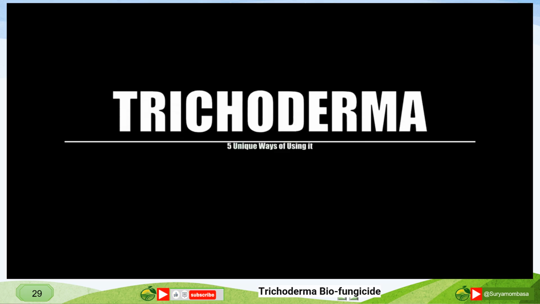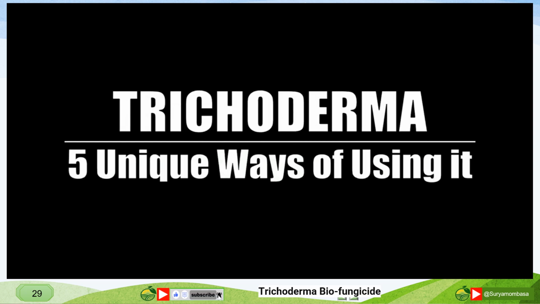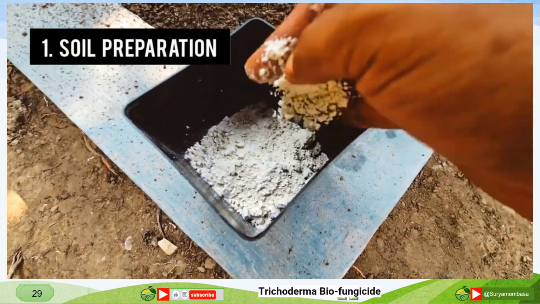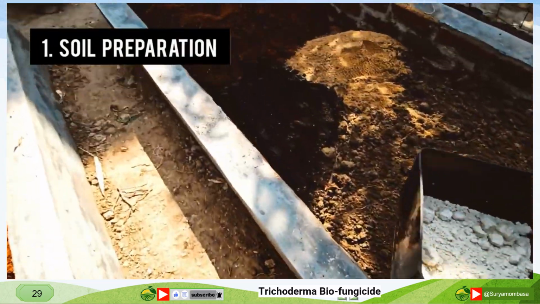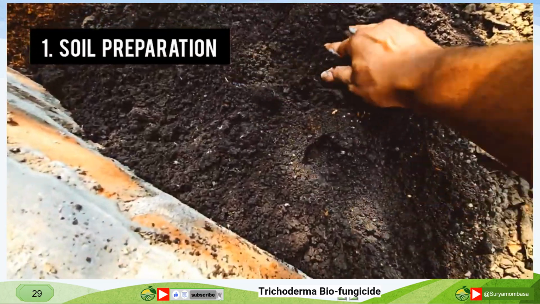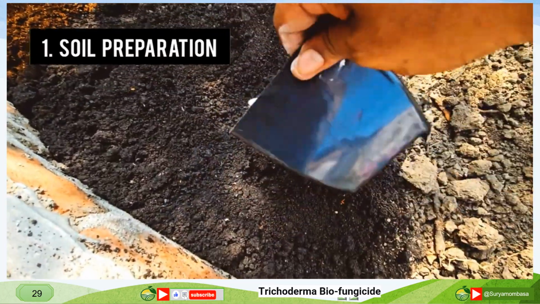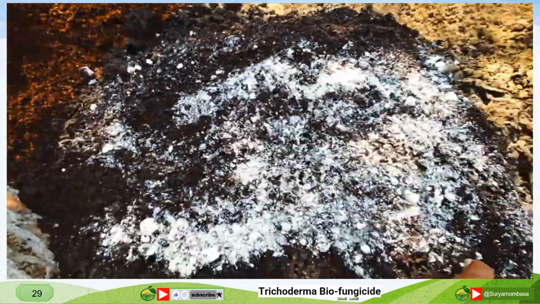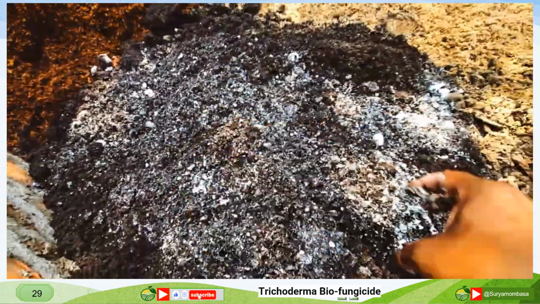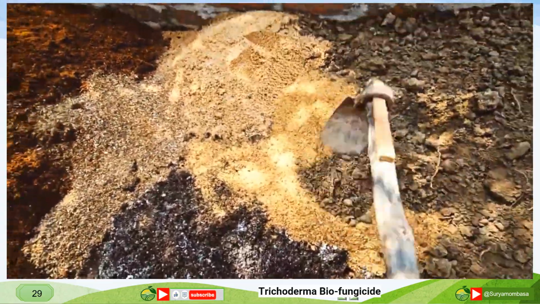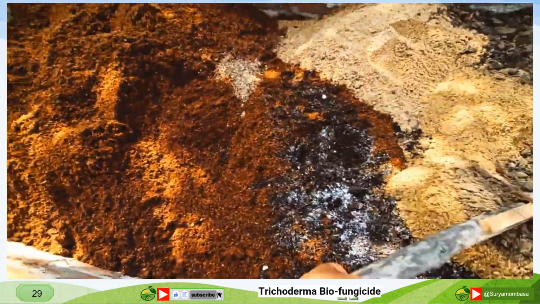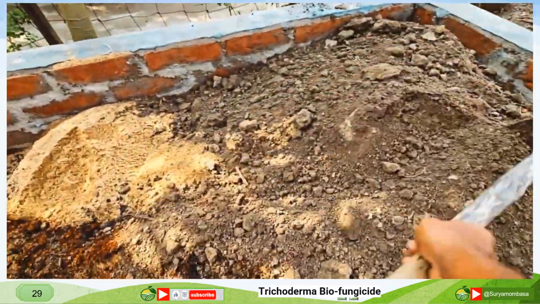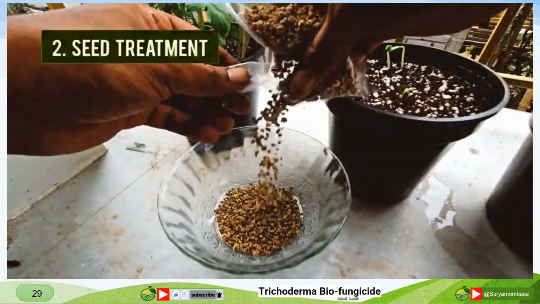Now let's see the 5 ways to use this Trichoderma in your garden. Number 1, use it while preparing your garden soil or potting mix. As the Trichoderma fungi feed on organic carbon present in the soil, it is best to mix it with organic manure or compost, which are very rich in carbon. Mix 100 g of this powder with 10 kg compost. It could be leaf compost, cow dung compost, or vermicompost. Then add the compost to the soil mix or potting mix. After adding it, water the soil immediately, as moisture is an essential factor for the growth and survival of this useful fungi.